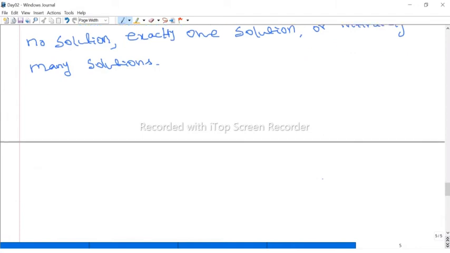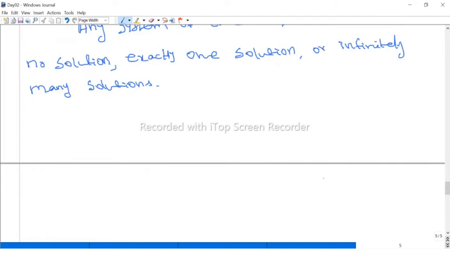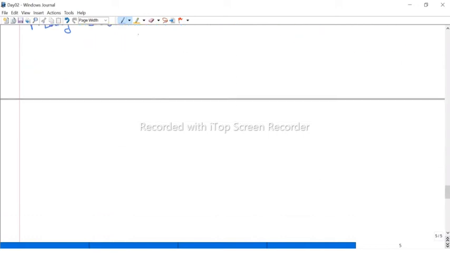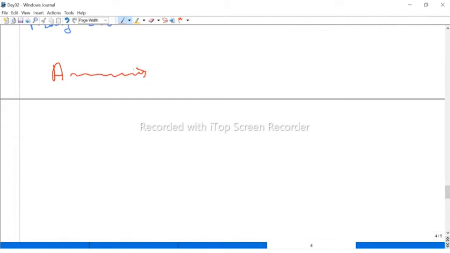Rank of the matrix is nothing but, as you studied in school days, the number of linearly independent rows of a matrix. It's very difficult to understand and to find the linearly independent rows. So a better definition: given any matrix A, we do some elementary row operations, and finally we reduce it to the row reduced echelon matrix, right?